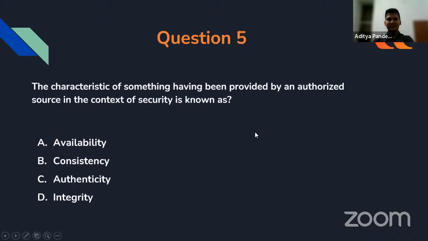The last question is, the characteristic of something having been provided by an authorized source in the context of security is known as availability, consistency, authenticity, or integrity.